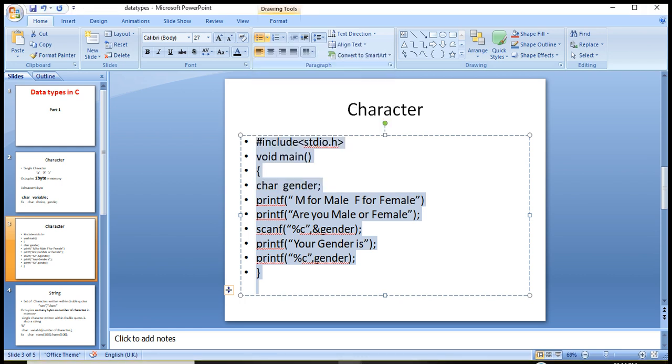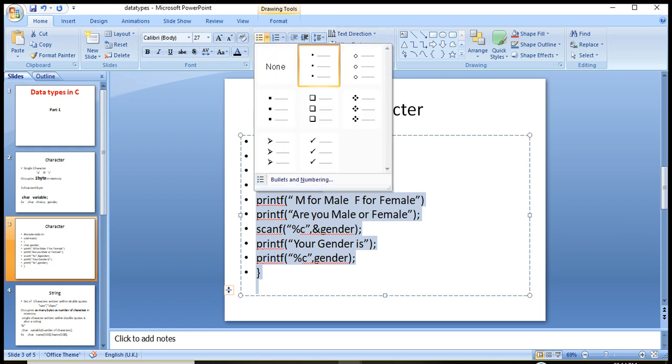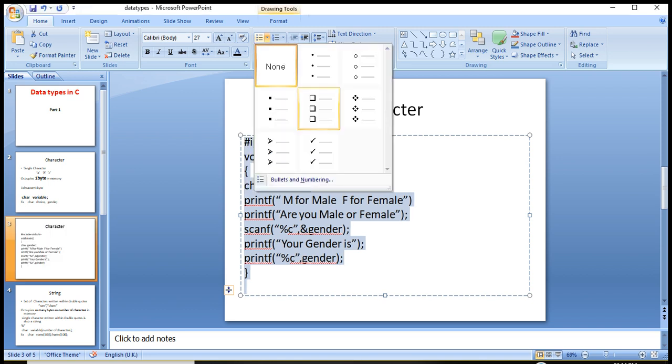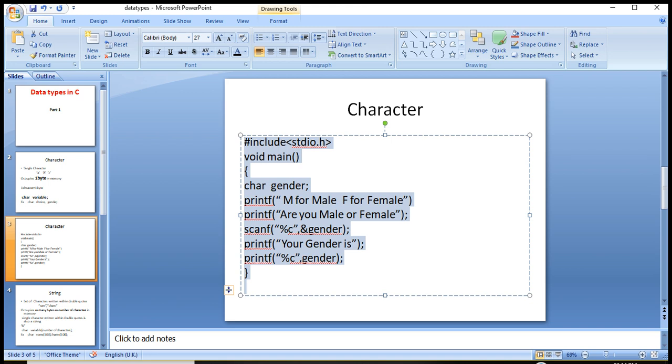The first slide was showing rounded symbols. We do not have to put rounded symbols. We have to simply write the program as is being shown.